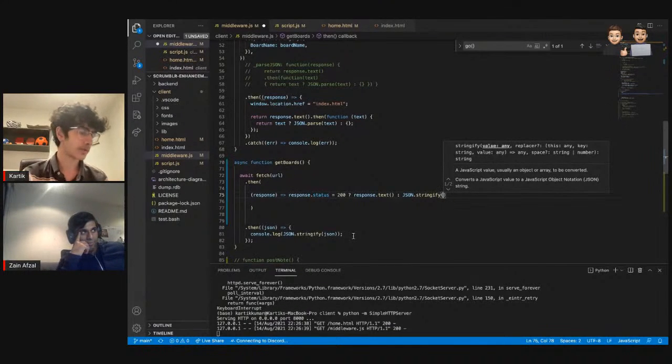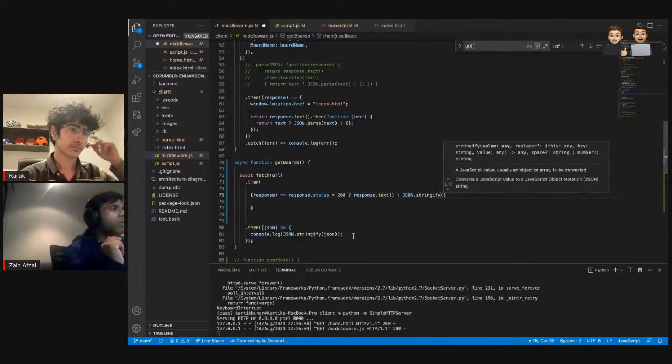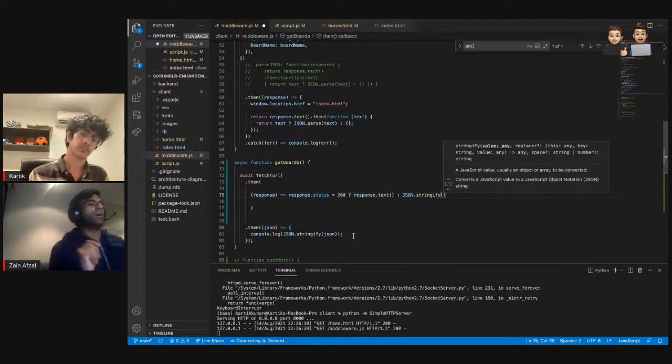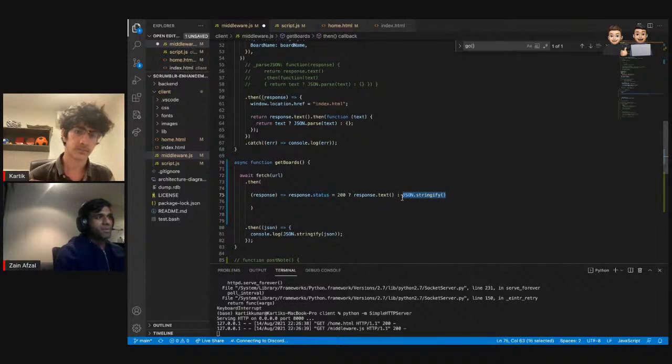See, get boards would be called when you click go, and you have to get all the boards from the current database. If for any reason you're not able to get the boards, then you want to display a proper big message that you're unable to get boards. Okay, for now just console.log unable to get boards.